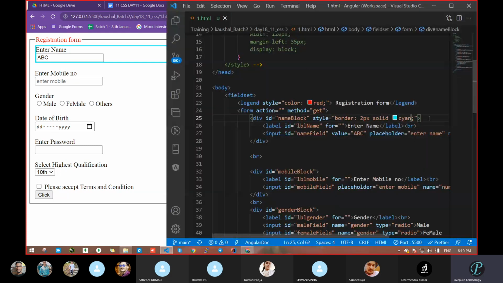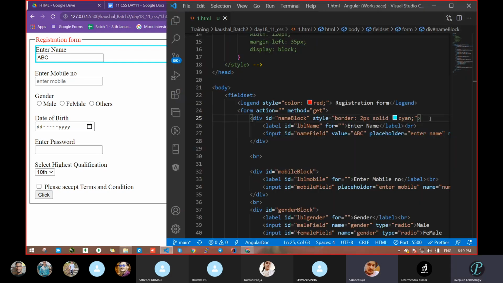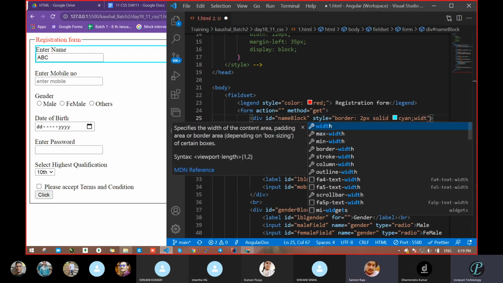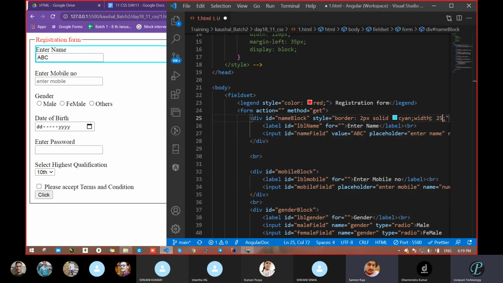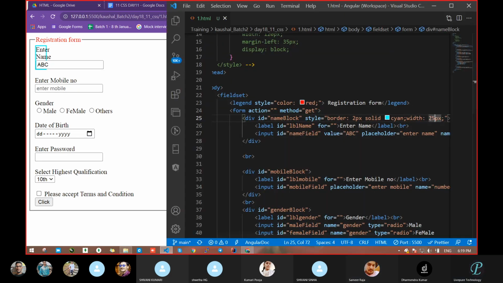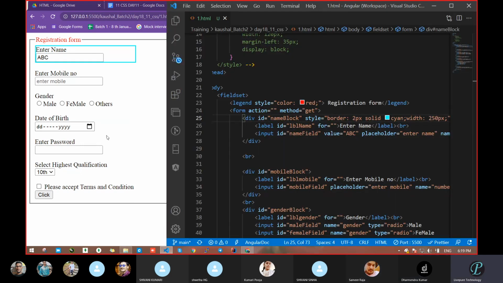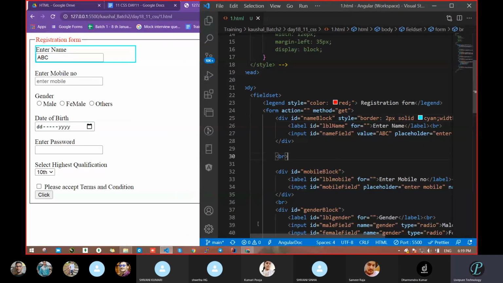Let it be for right now. We will look later. So what is the demerit in this section? It's occupying the whole window, left to right. What can we do? Next property: we can reduce the width. How much should the width be? Take something, go with 25 pixel. Let's save. So 25 pixel came too much. 250 pixel. 200 pixels. Fine. Okay, it's fine. What is the next demerit? So Pooja, Sweta, what is the next demerit in this case?